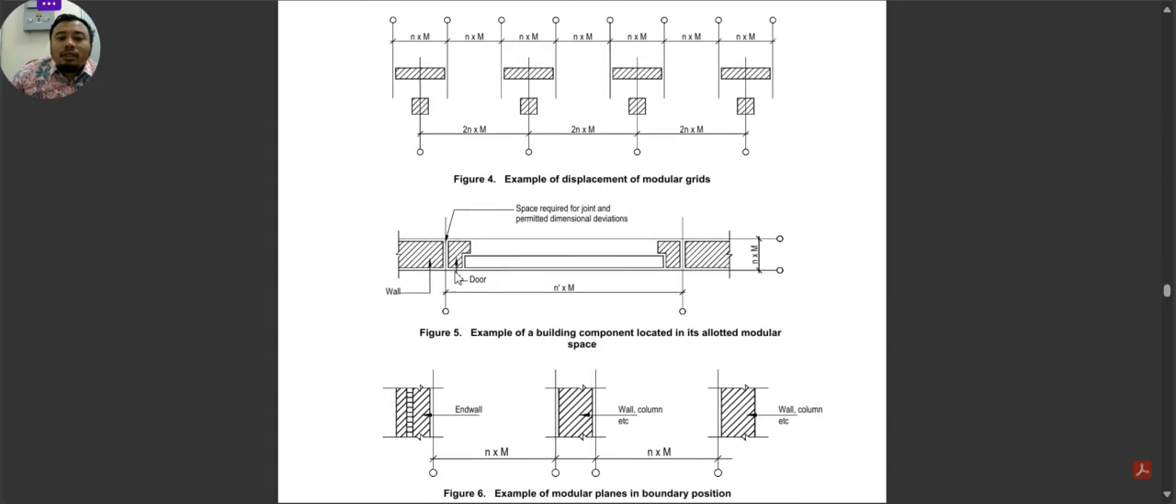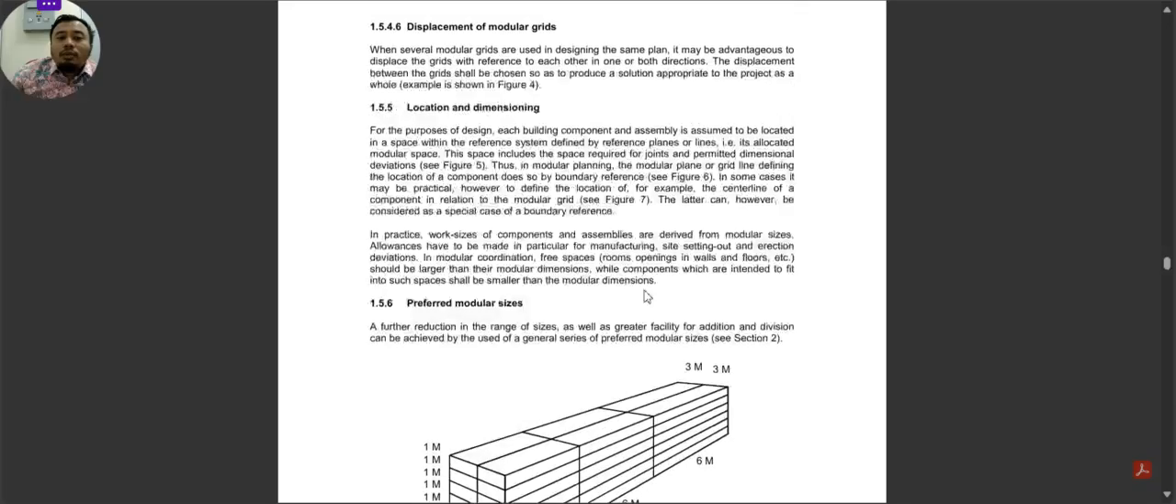So as you can see the door, door frame, you have permitted dimensional deviations, and the dimension is also for joints. So you need to specify the dimension. The designer can specify extra space, extra dimension, or the deviations or joints. And also